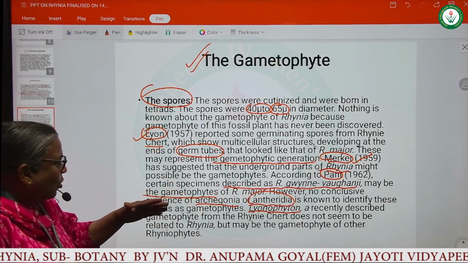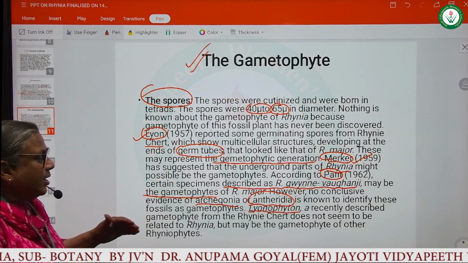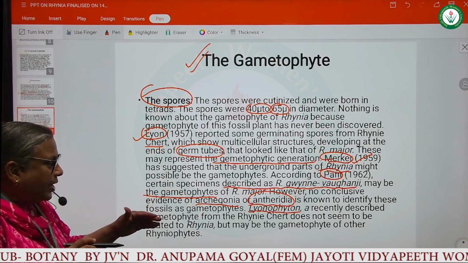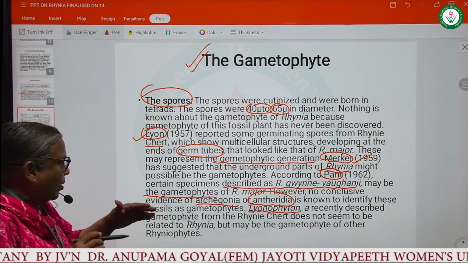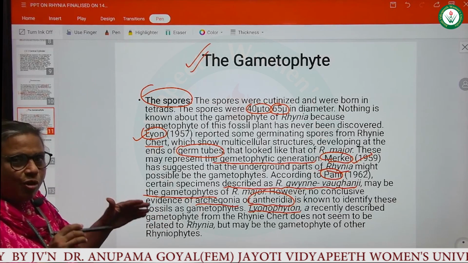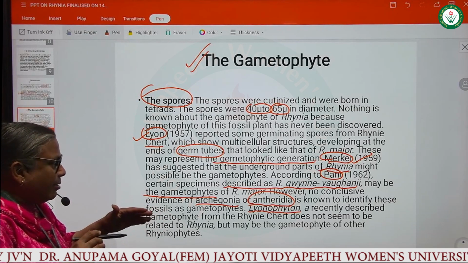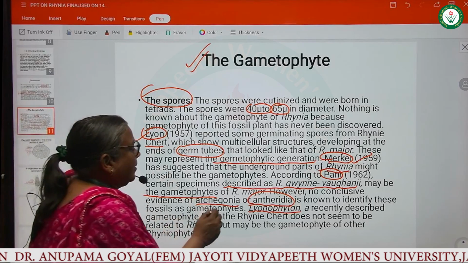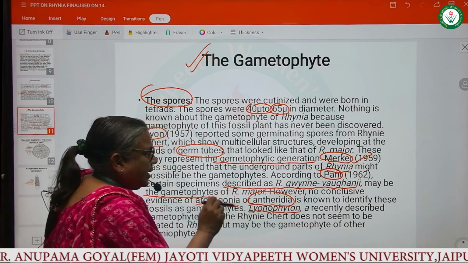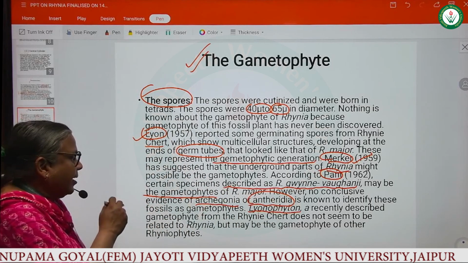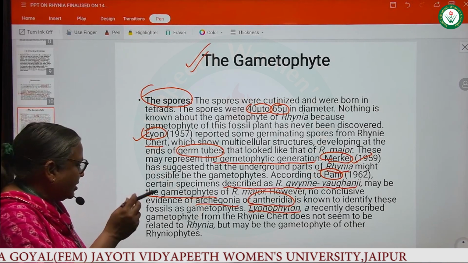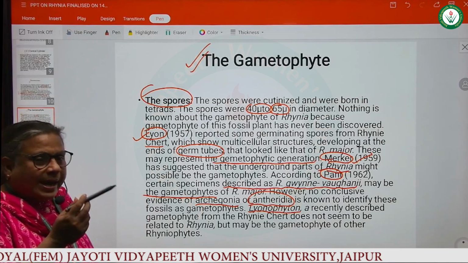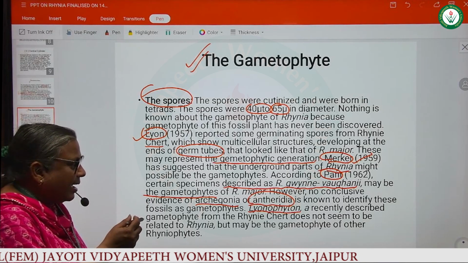However, no conclusive evidence of archegonia or antheridia is known to identify these fossils as gametophytes. Well, Lionophyton, a recently described gametophyte from the RHYNIA chert, does not seem to be related to RHYNIA, but maybe the